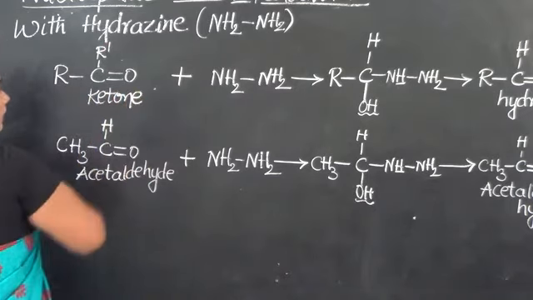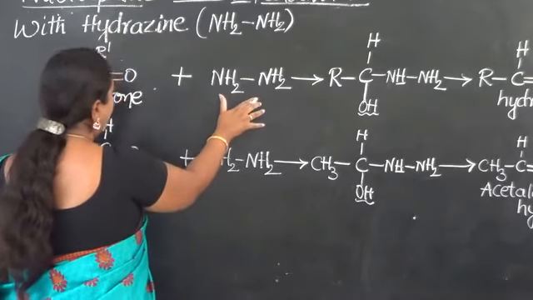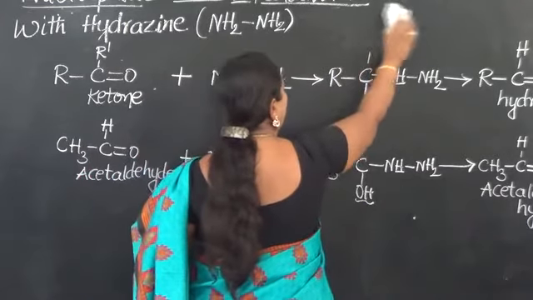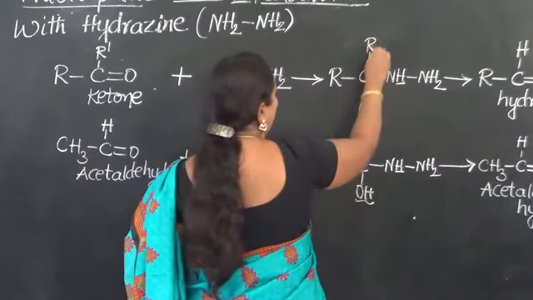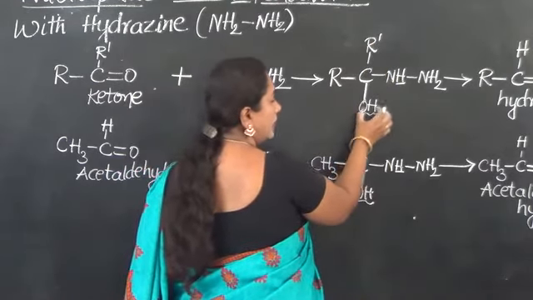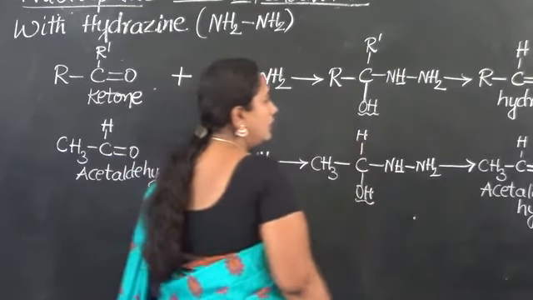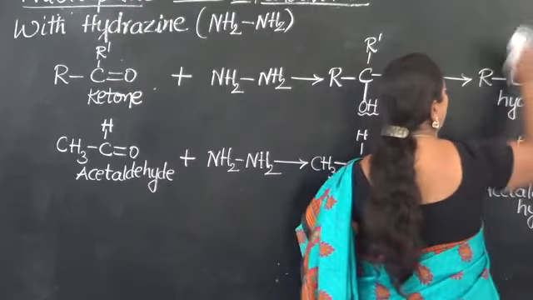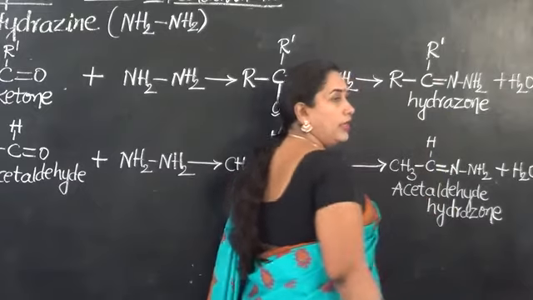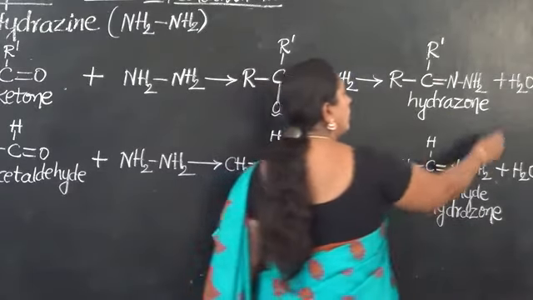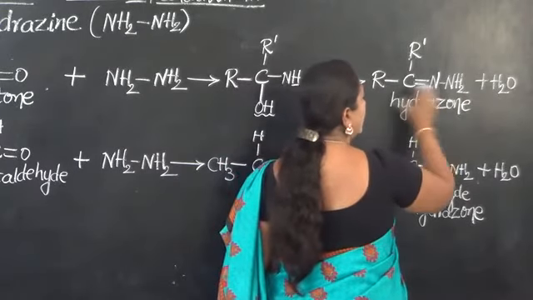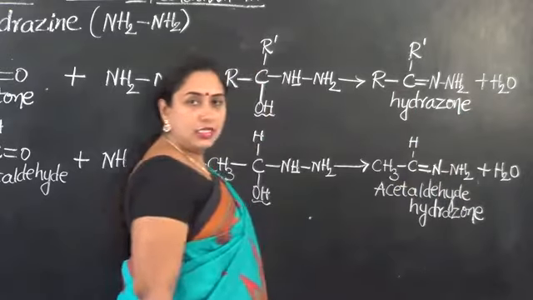So now this ketone will react with hydrazine in a similar way, and it will form an addition compound. What is the necessary change to be done here? We will introduce the ketone there, and therefore in the next step, there is elimination of water taking place. Here also we will represent the ketone by replacing the hydrogen of the aldehyde with R dash. So they will form the corresponding hydrazone along with a molecule of water being eliminated. Because a molecule of water is getting eliminated, this step is also called a condensation reaction.